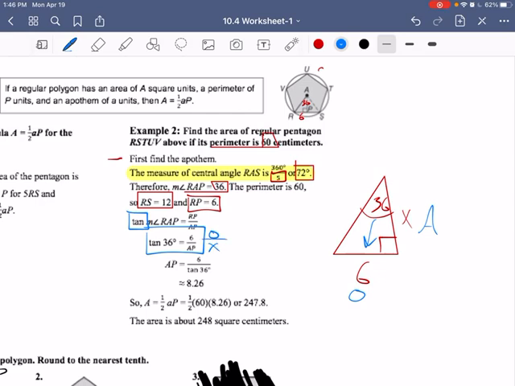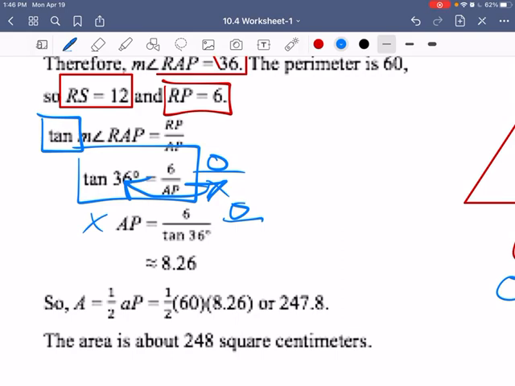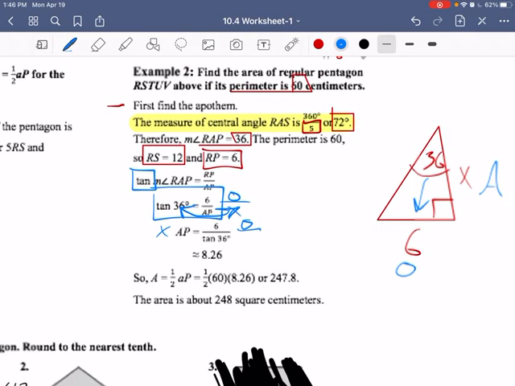So, you guys might remember, whenever we did trigonometry, we do this kind of little switcheroo. Whenever X is on the bottom, we switch places. So what we're trying to find here, our X, is going to be divided on the left, and then we're going to have our opposite over tangent 36. When we do that in our calculator on degree mode, remember degree mode, we get 8.26. So we find that